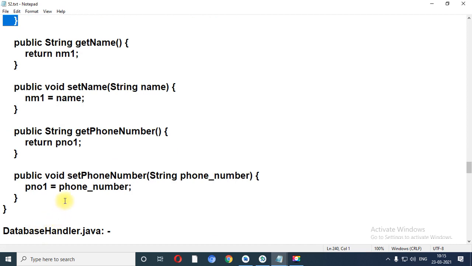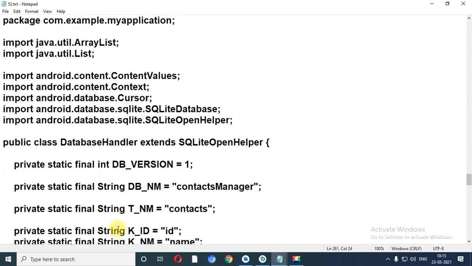Now it's time to design DatabaseHandler.java. Let me scroll down up to that. We have created the variables of different data types.